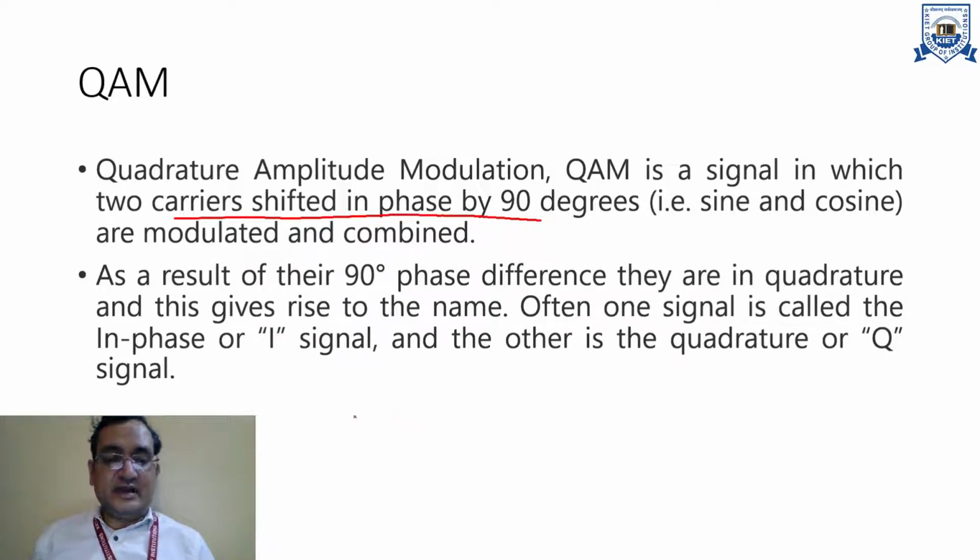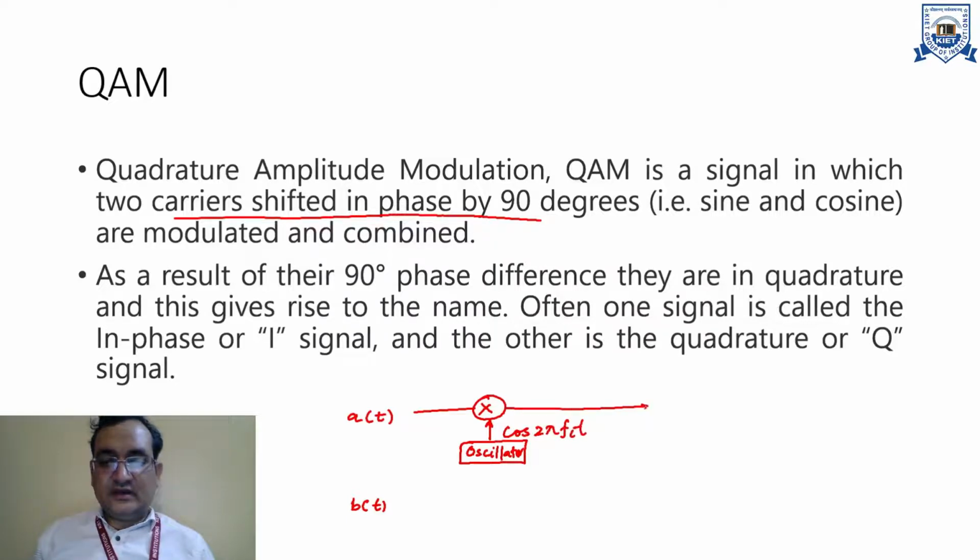For example, let us suppose that a(t) is the first data stream and b(t) is the other data stream. As this is quadrature amplitude, amplitude is already there in the nomenclature of QAM. So if I apply the output of the local oscillator, let us suppose I am applying cos of 2 pi fct,